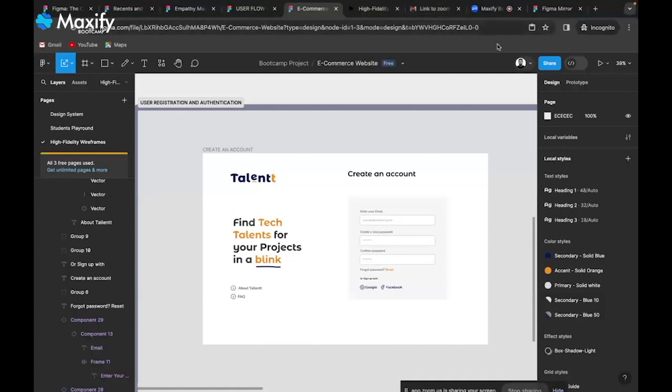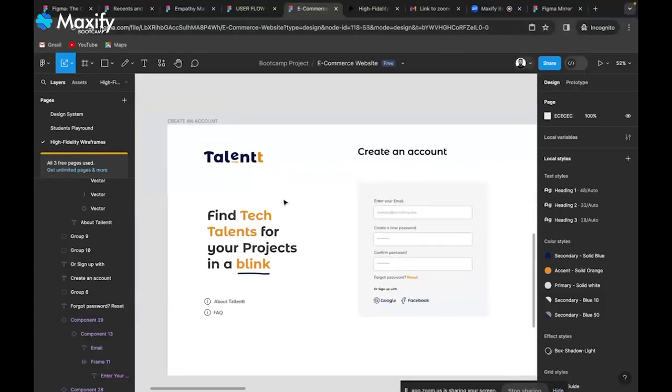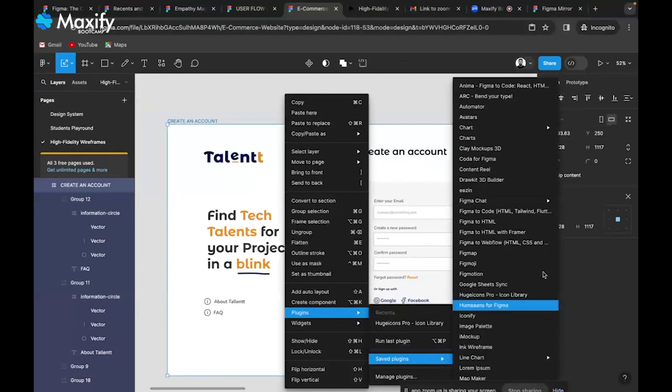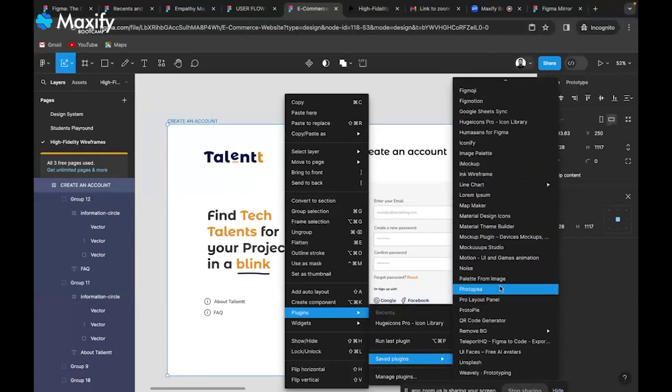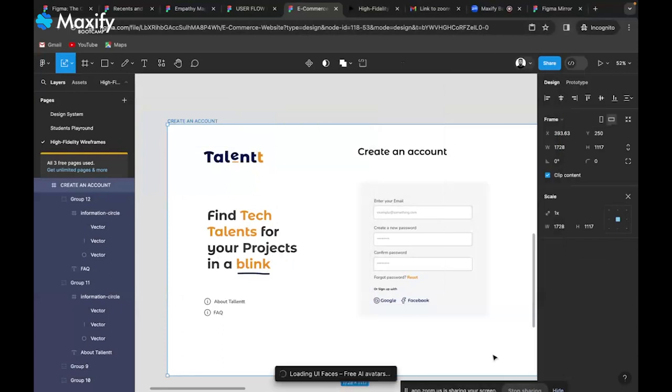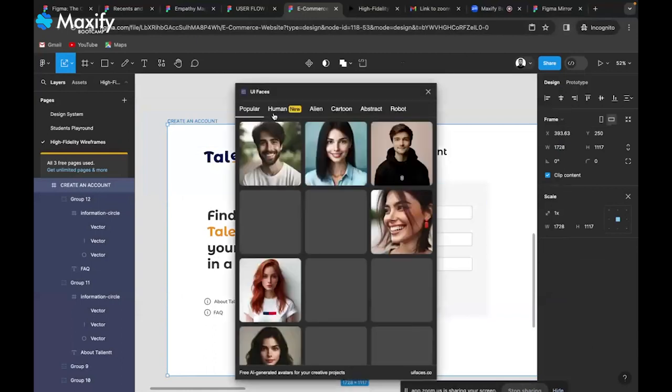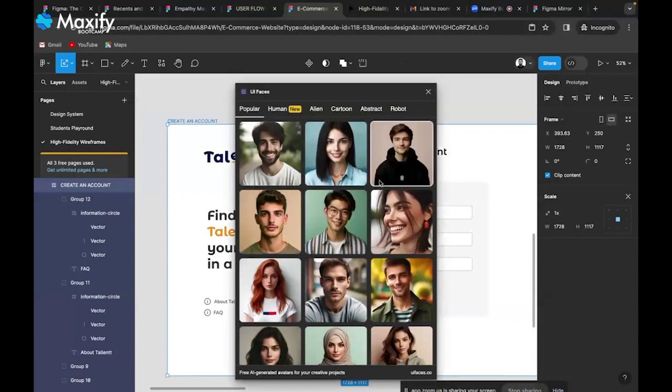So what we're going to do is, there's a plugin called, let me get it now, UI Faces or something. For faces. Yeah, let me get that now. Where is it? You can use UI Faces, you can use avatars. So let me just maybe get faces. UI Faces. So we just want to get a human face. Are you getting me? We also want to get some human faces, right? So we can